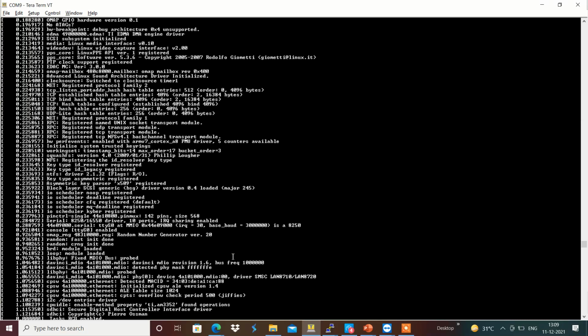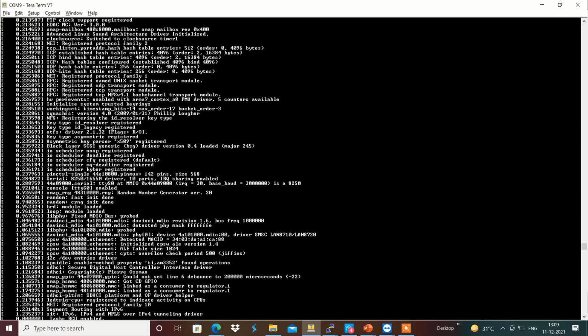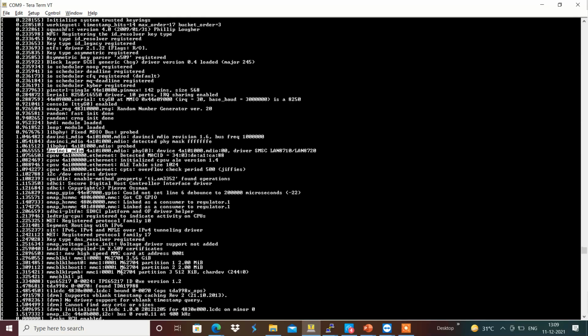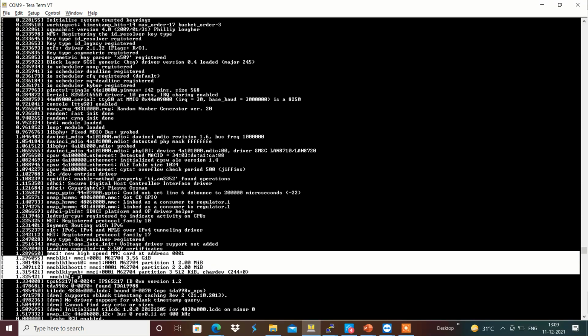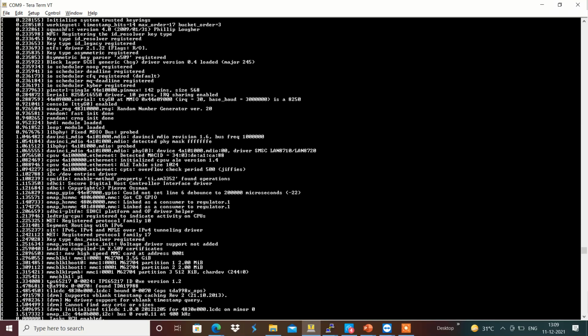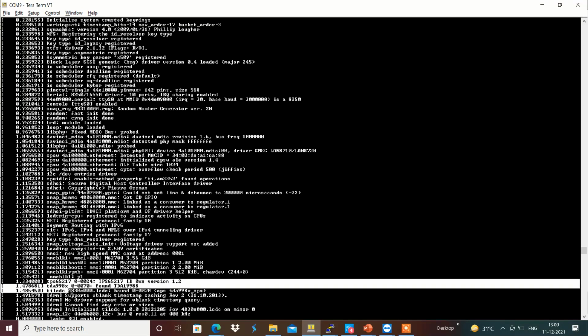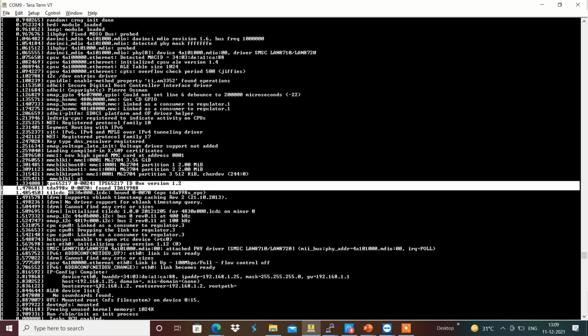Like this, the networking driver, the Ethernet driver gets loaded, and we have the MAC ID and the Ethernet MDIO management interface loaded accordingly, and then the MMC block devices and the HDMI driver get loaded. Like this, it gets loaded one by one.